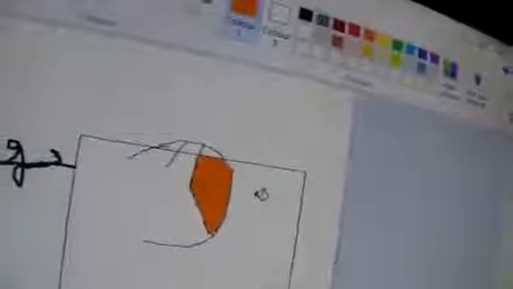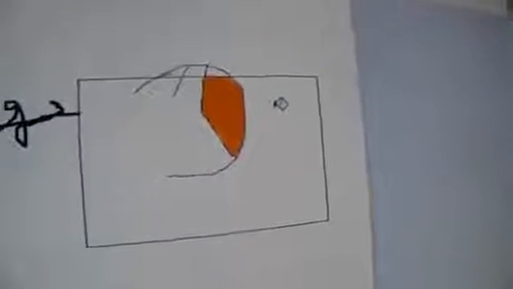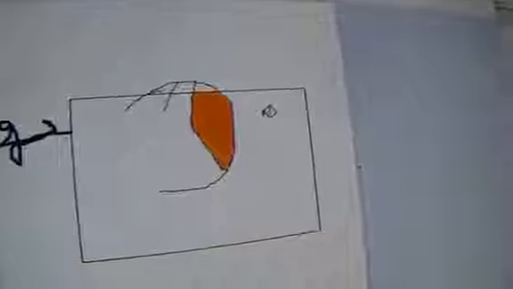Then if you want to shade, you have the shading part here, fill with color. The colors are here. Just change any color you want. So if I want this one, then I'll be able to paint like that. So if it's a map we want to come up with, you are able to design it using this one. So change the color of your choice depending on the design.